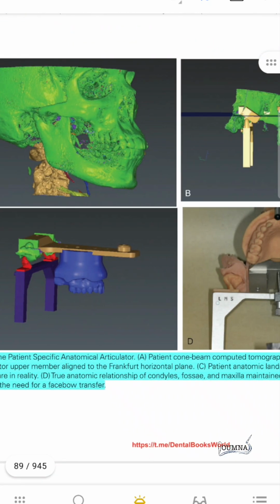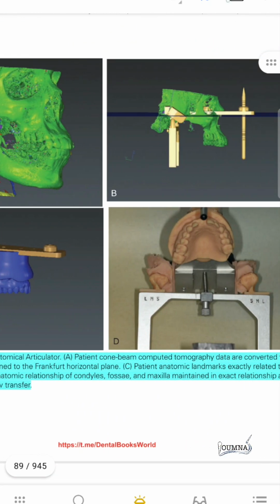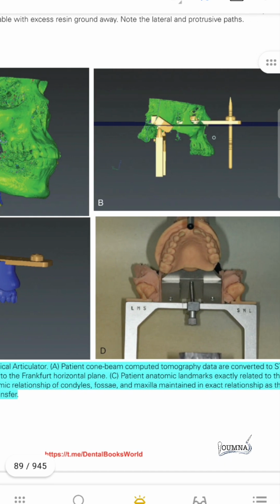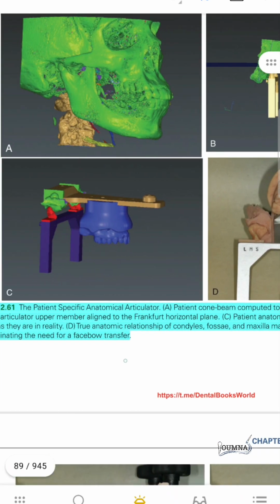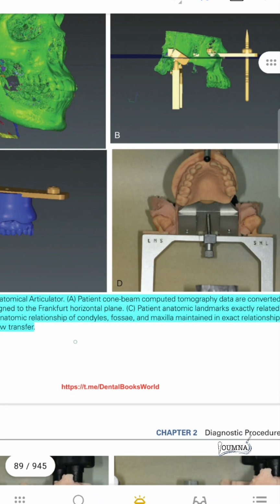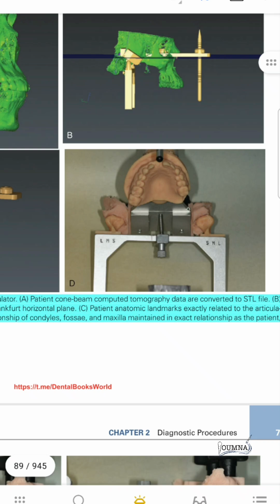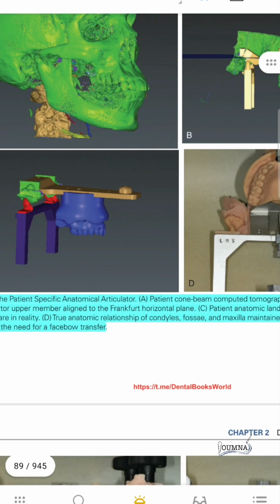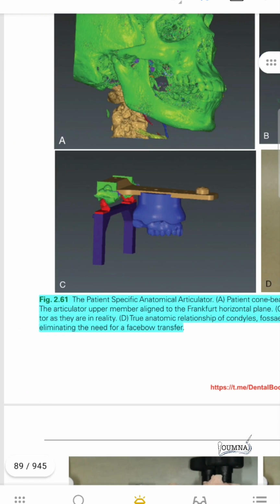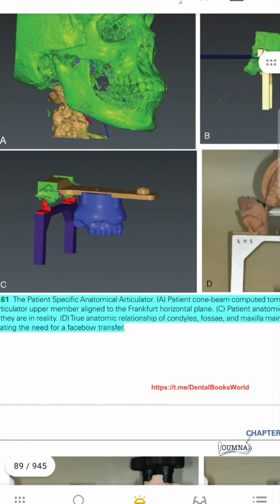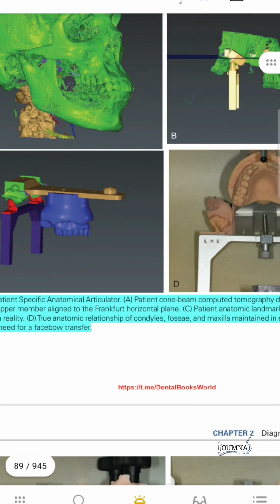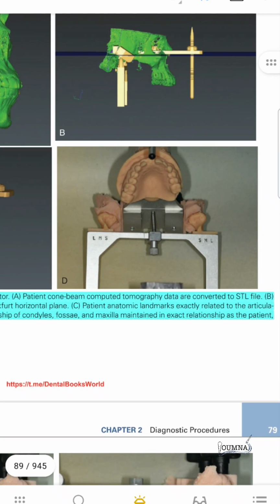Here we can see the CBCT of the skull, and taking the axis of the condyle with the maxilla, printing the cast. Here we can see the full anatomic landmarks that are exactly related to the articulator as they are in reality. This is called the true anatomic relationship of the condyles, fossa and the maxilla,